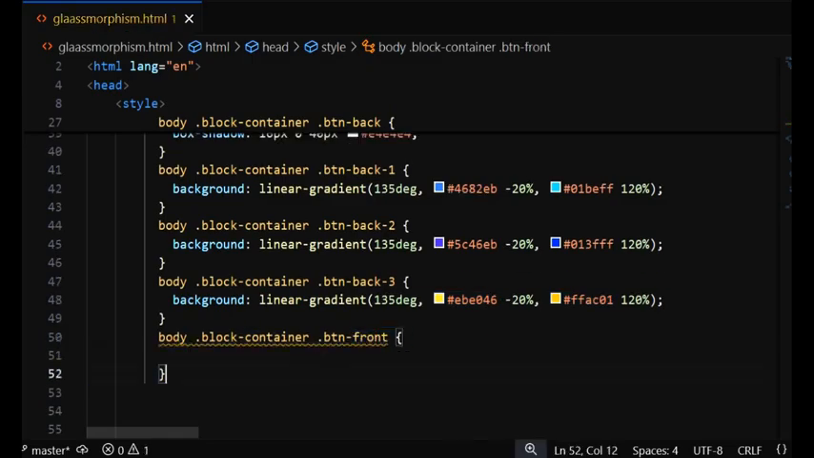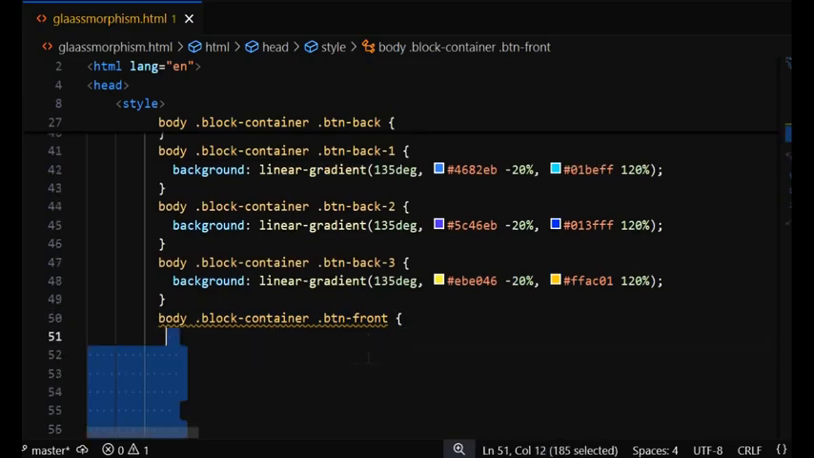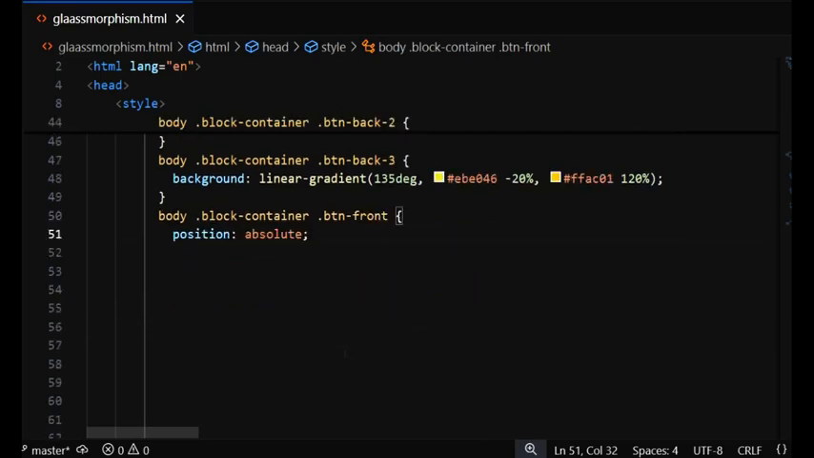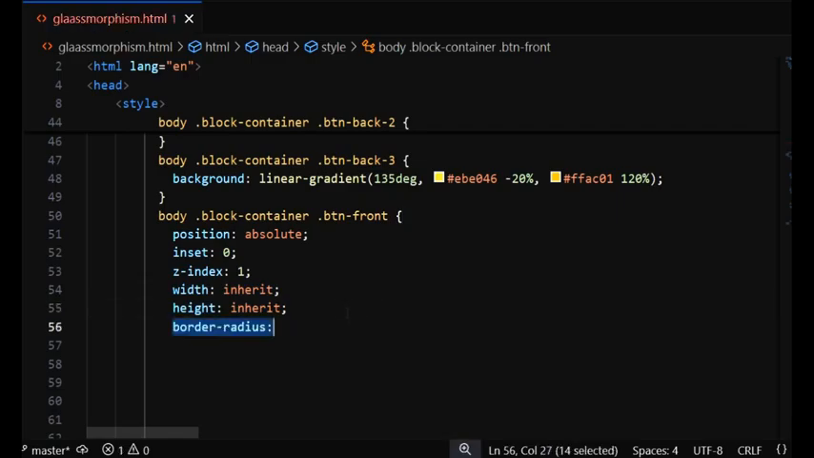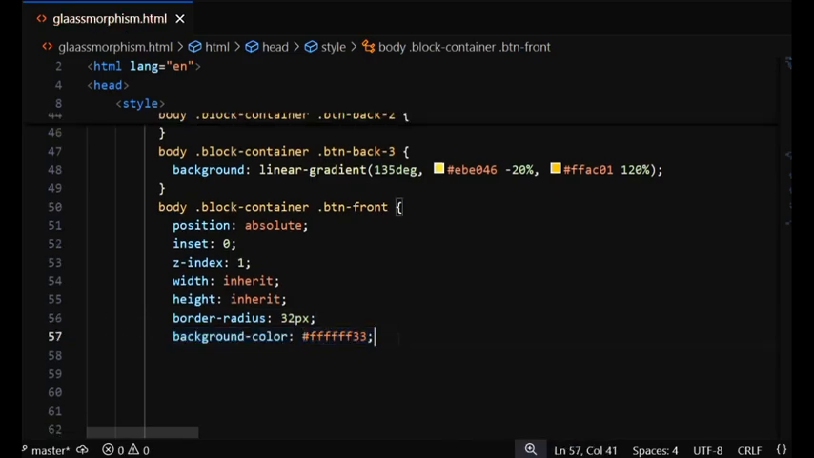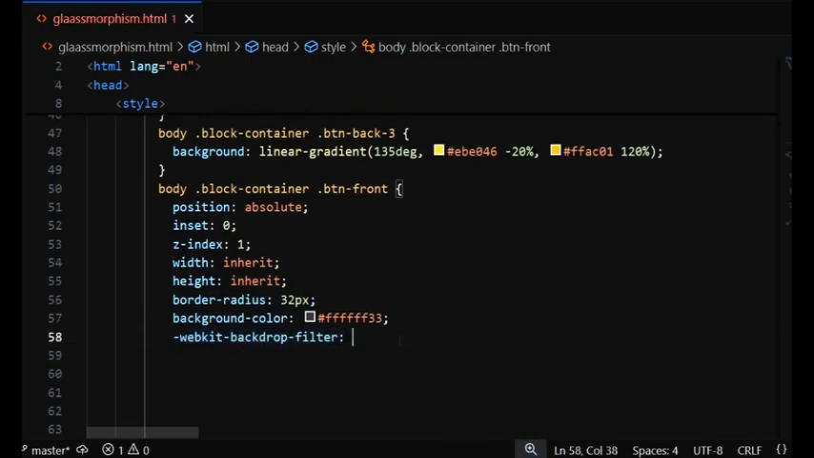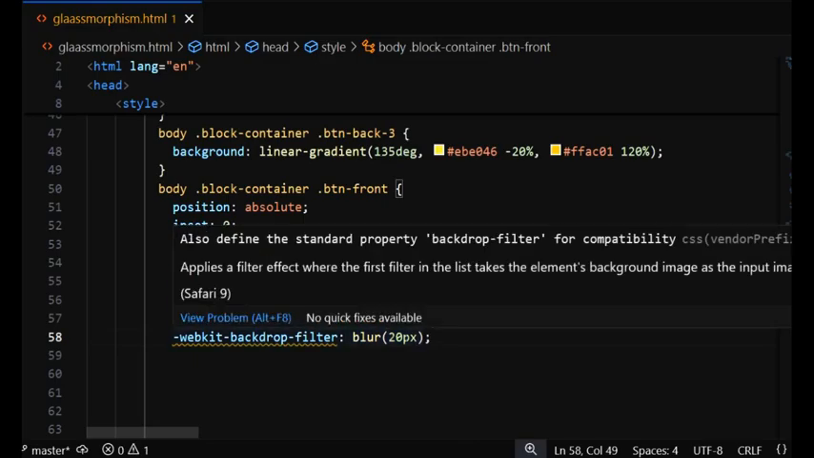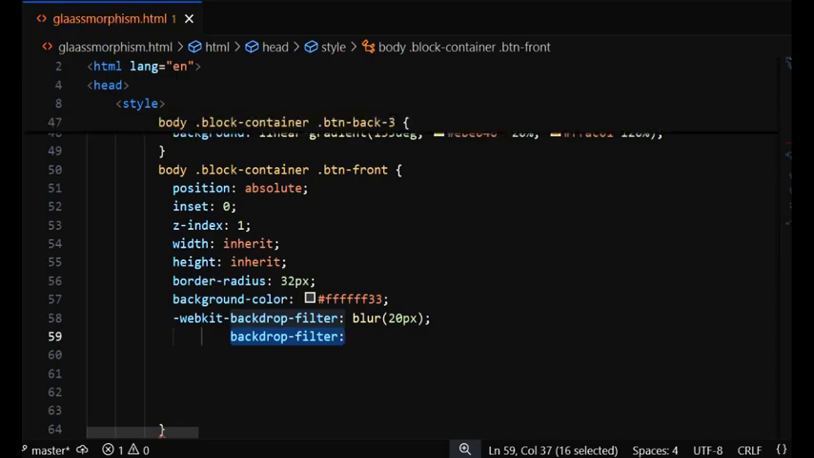And for the btn front, I'm taking this position absolute, and then inset I'm taking 0, and z-index it should be 1, and width it should be inherit, height also inherit, and border radius I'm taking 32 pixels, and background color I'm taking this color, and WebKit backdrop filter I'm taking blur 20 pixels, and backdrop filter I'm taking blur 20 pixels only, and for the transition I'm taking